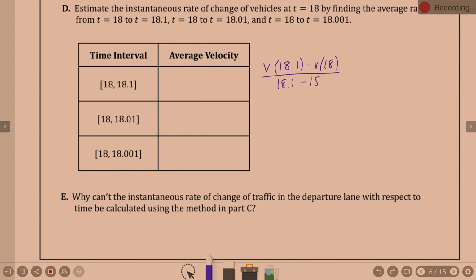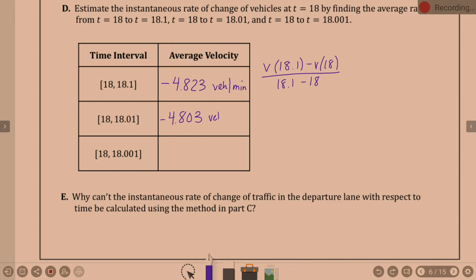Okay. You want to know the answer? -4.82. You have -4.823, and what's my label here? It's still vehicles per minute, yes? Anyone have the answer for the second box? -4.803. You have -4.803